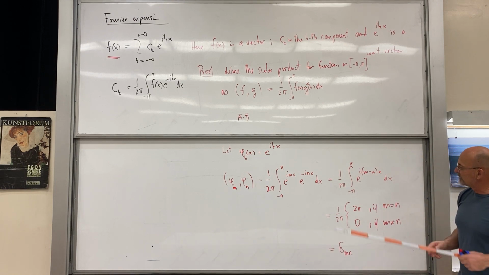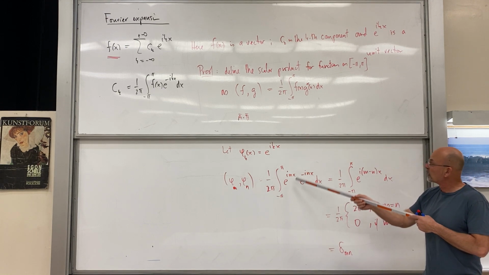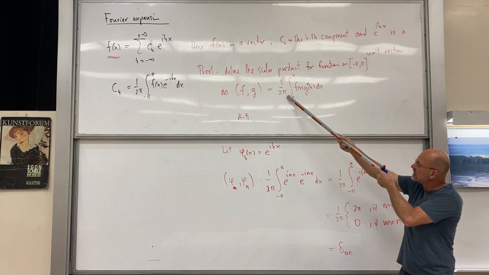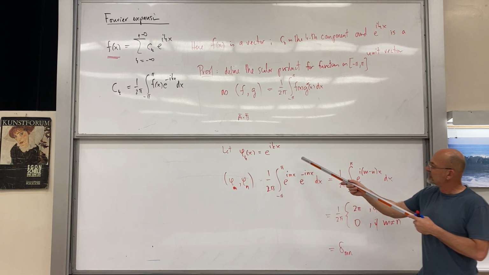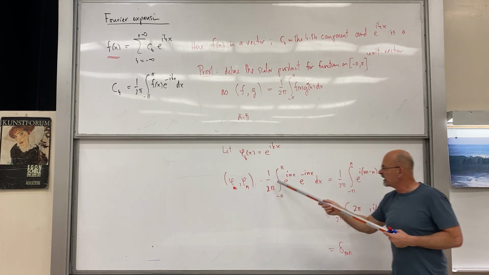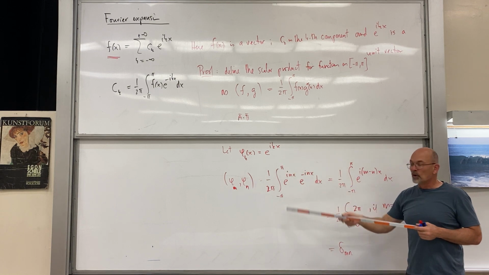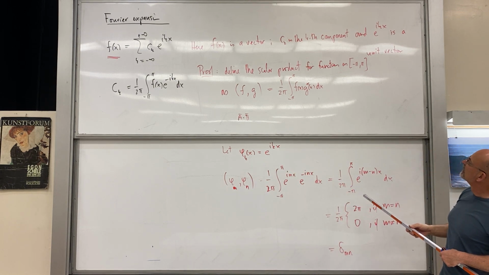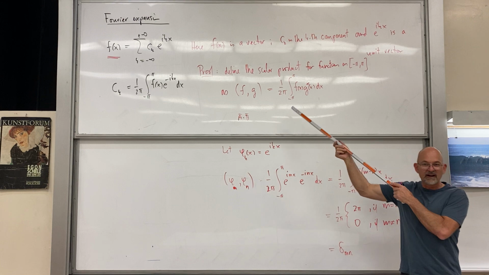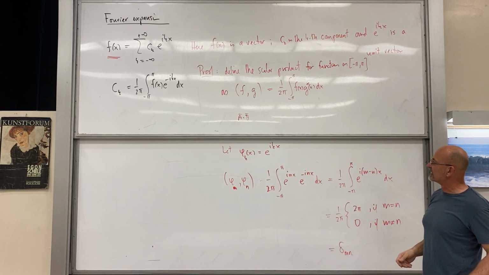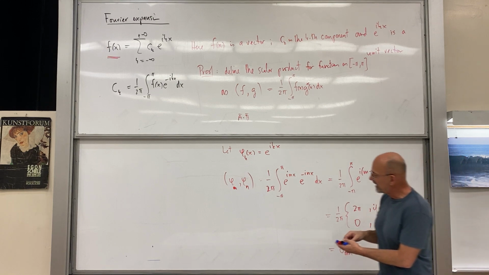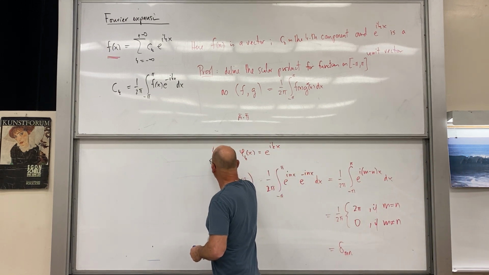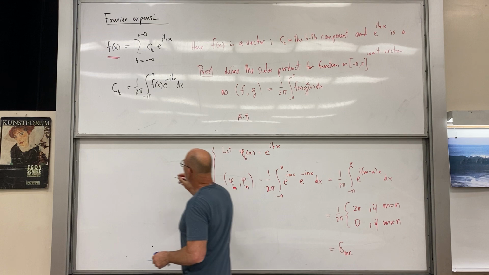And yes, these functions here, in terms of this scalar product, are orthogonal and normalized. Okay, so our e to the I kx, k is an integer, is an orthonormal set. I erased that, but I had it on the board, right? Orthonormal set. So now we can actually write, this is so great. So now that we have that,